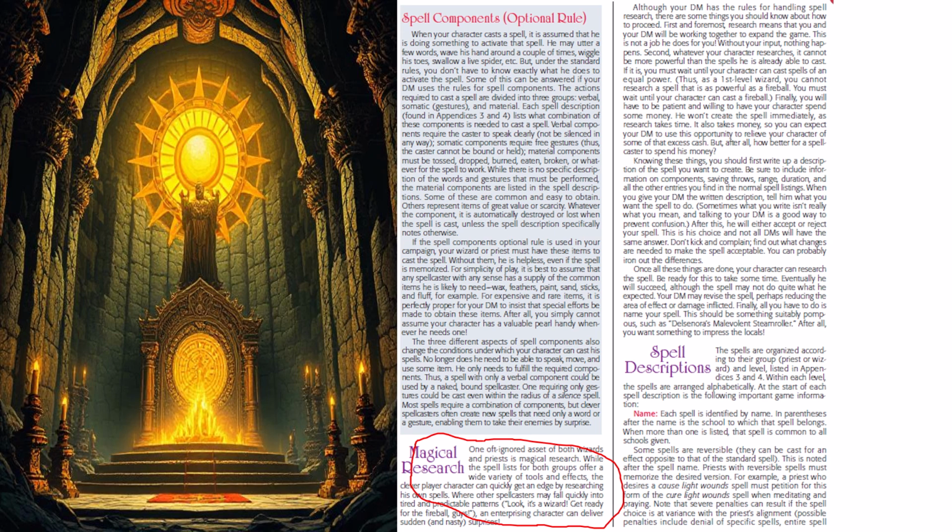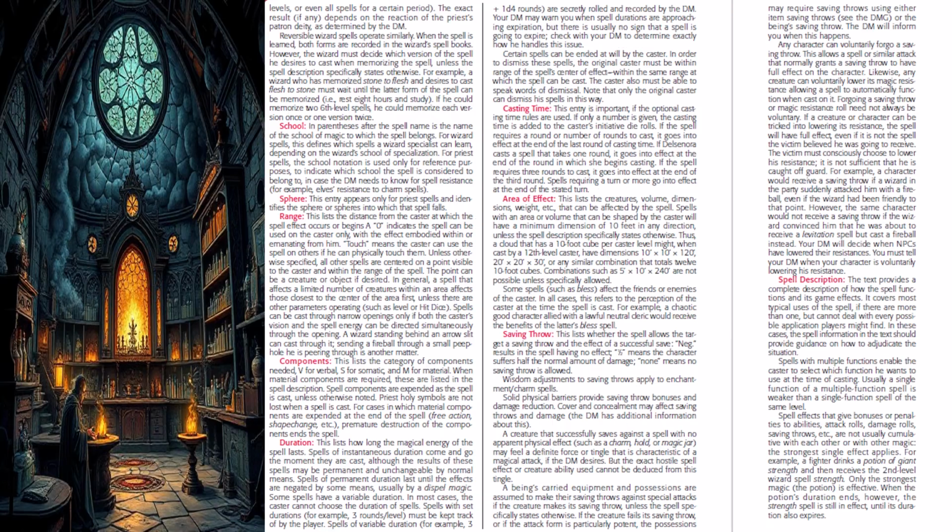Ideally, at least a minimum amount of notation will be made on your character sheet, your spell record, whatever you're using to record your character's abilities and the spells that your character can cast. This and the level of detail should be agreed upon by both the player and the dungeon master and the other players as well, because all players should be using at least a somewhat similar method of keeping track of their spells so that one player doesn't always have to consult a textbook while another player has all of the information readily available. Now, one final note about the descriptions of spells.